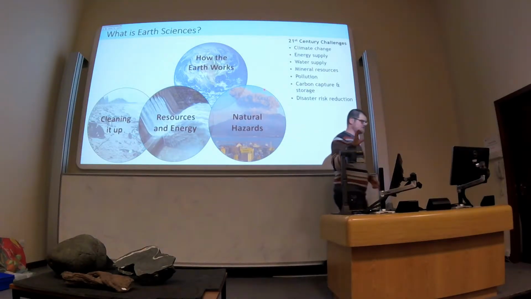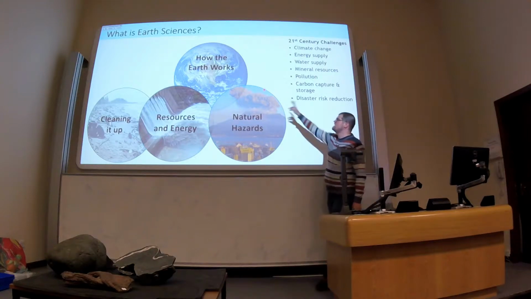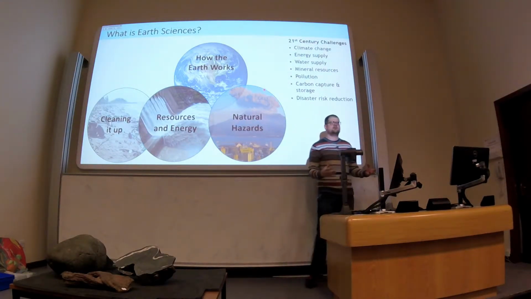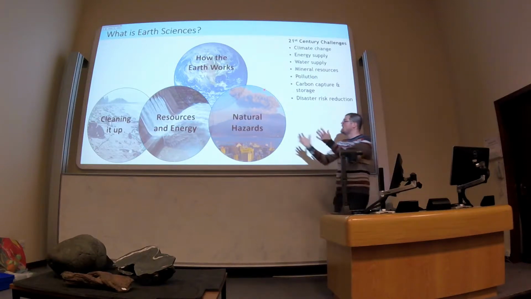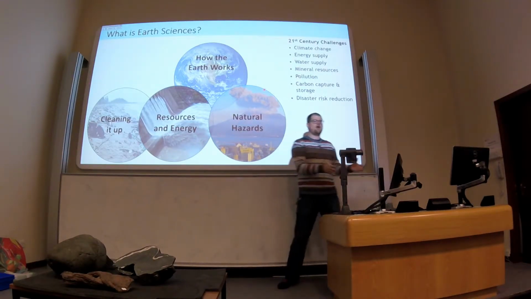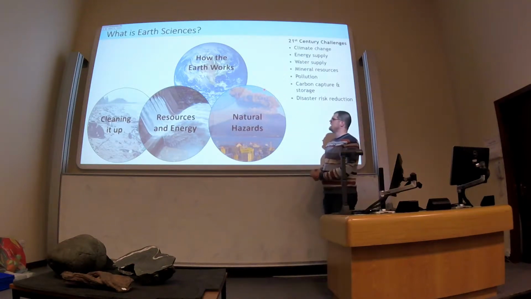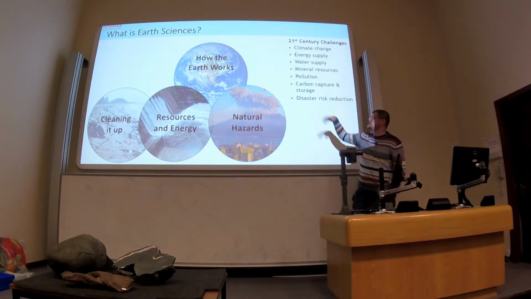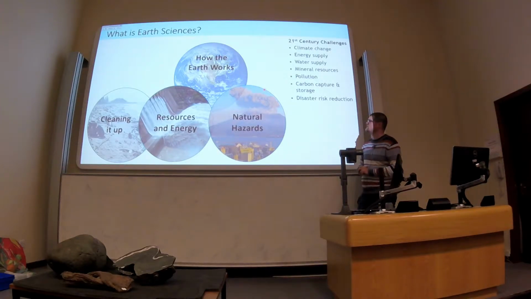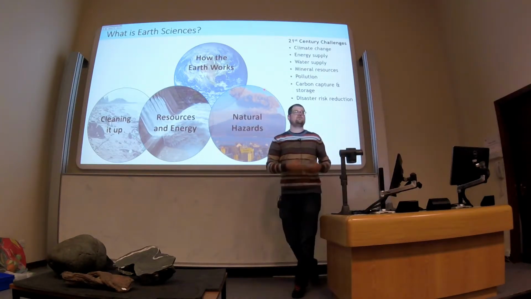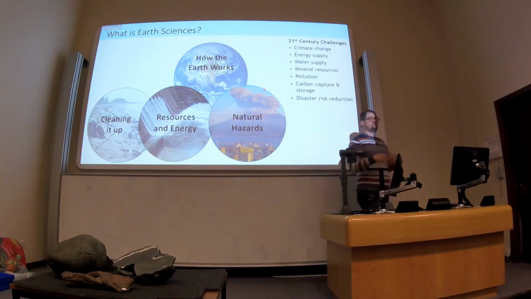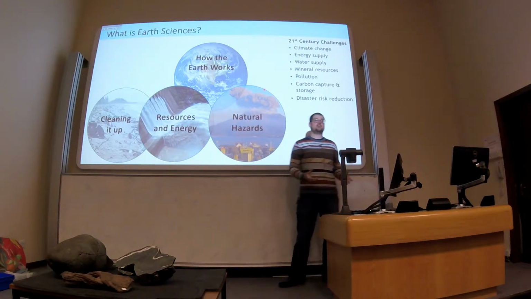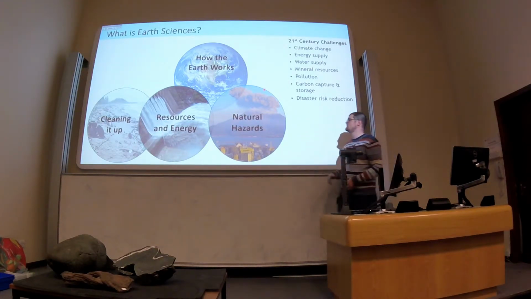I see it as really having three main components. We really want to understand how the earth works. So why are there mountains? Why are there mountains where they are and not elsewhere? Things like that. It's about natural hazards as well. Some of the processes that cause the Earth to be what it is are inherently hazardous to large human populations. So things like understanding how volcanoes work, understanding how hazardous different earthquakes and tsunamis might be, understanding the hazards associated with climate change. These are big topics.